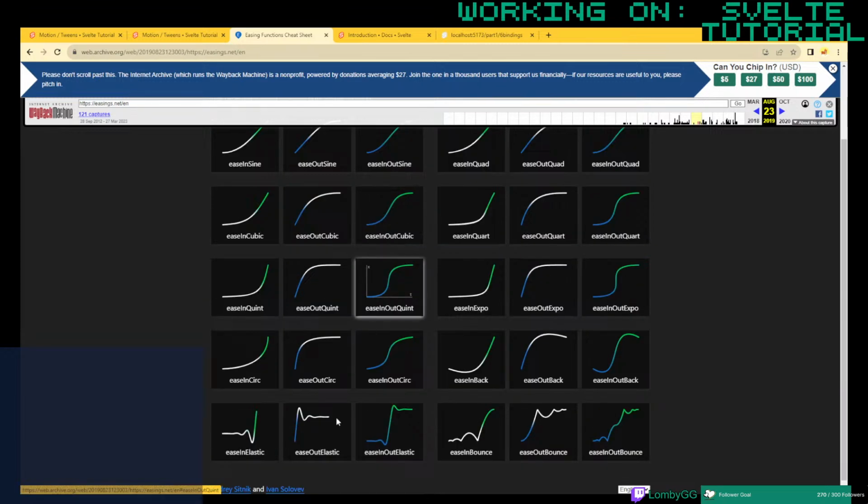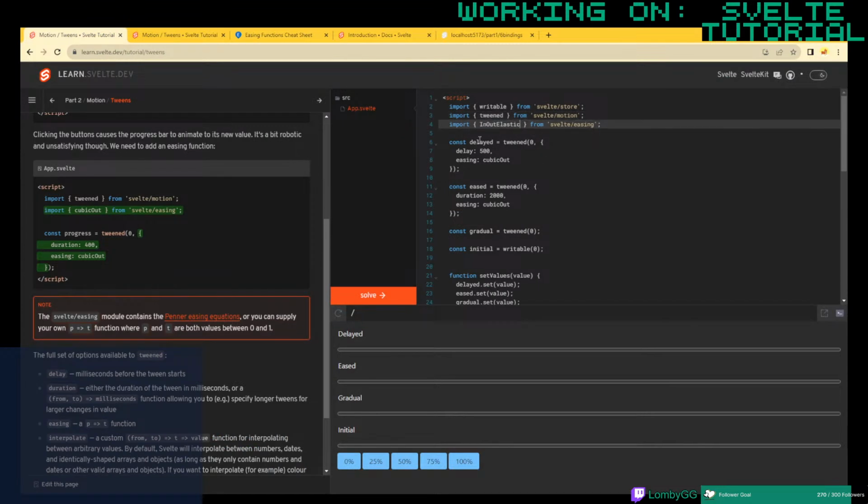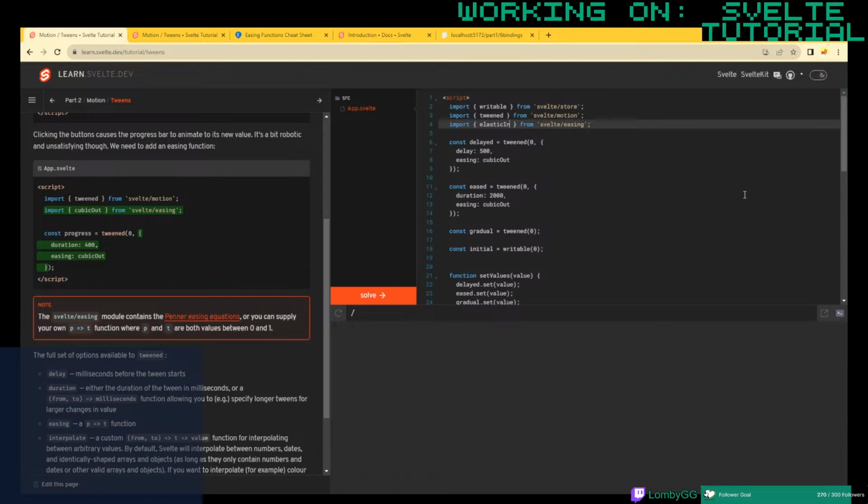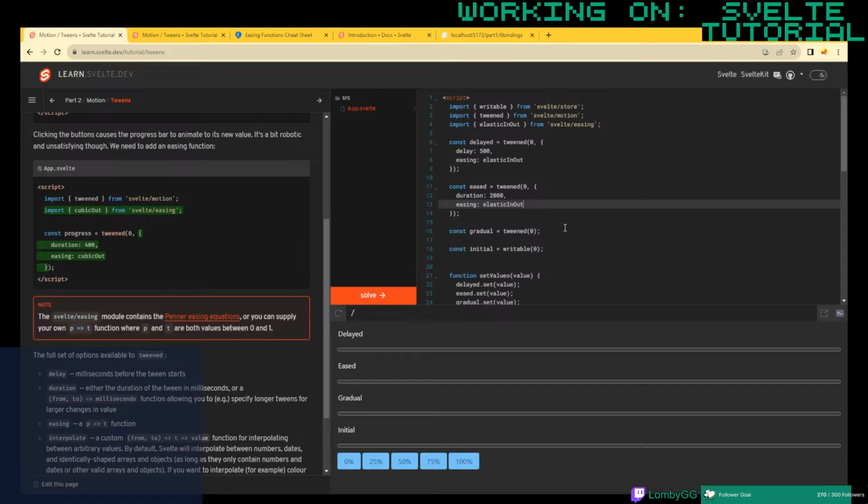So if we wanted to make it look more interesting, we could do in-out elastic, for example. So if we copy, I think we just need in-out elastic, and replace our cubic out here. Okay, no, it'll be elastic in-out, I think. And then we'll replace cubic out with easing elastic in-out. Right, and now what we should see is when we move to, let's say 100%, both the eased and the delayed should